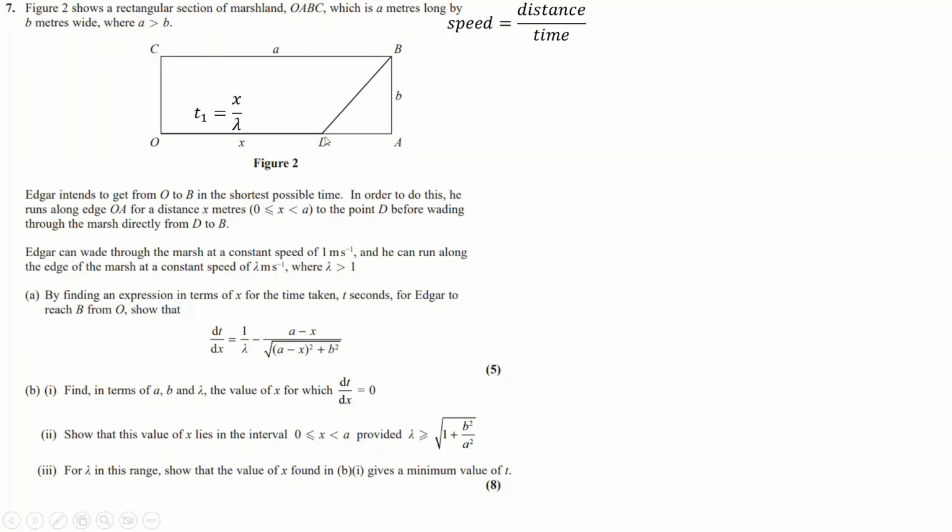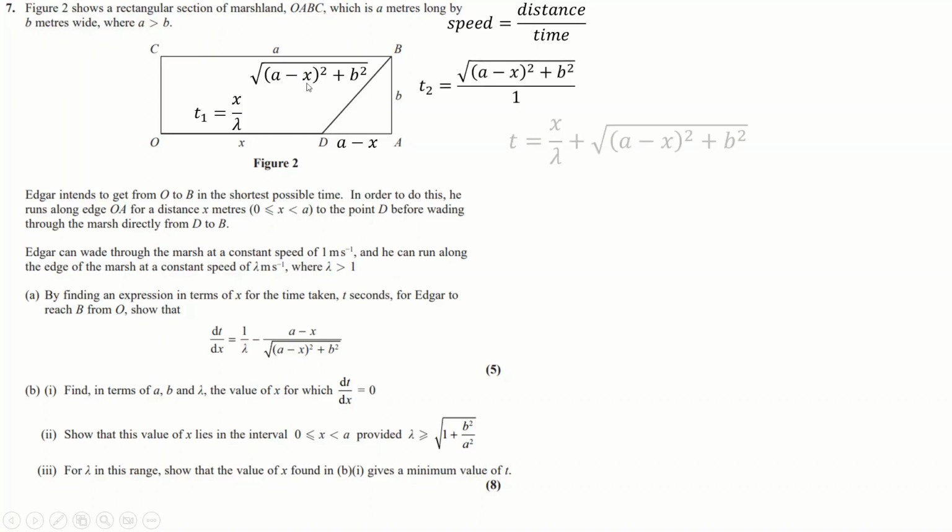So he's going to do this, then he's going to run along this edge to get to b. So we need to know the distance of this edge, which is going to be, well, this here is x minus a. Sorry, it's a minus x, of course, which means this length here is the square root of b squared plus this squared. And so that's the distance of this. Again, distance over speed. The speed that he runs through the marsh is just 1. So the time it's going to take him to do this bit is just this over 1, which is just that. So the total time is going to be this first time plus the second time, and we'll get that,